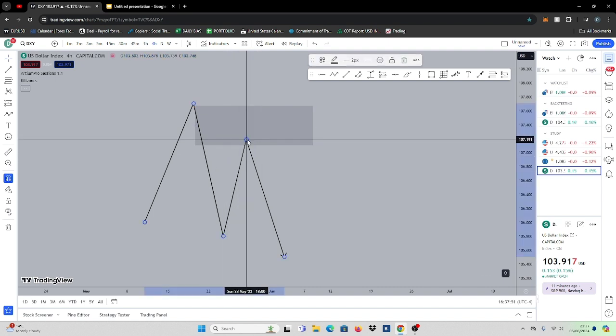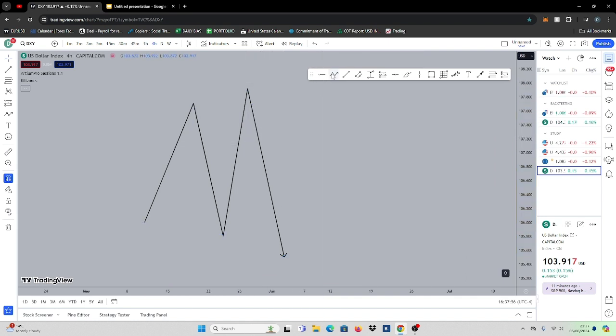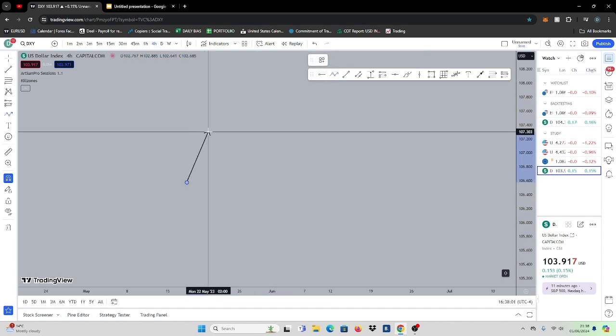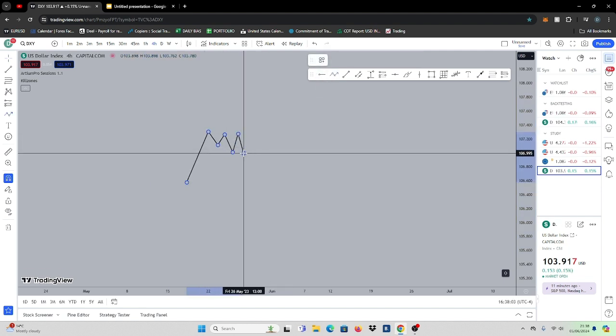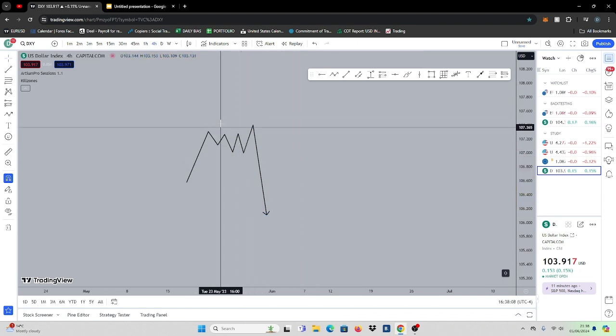Another repeatable pattern is it'll sweep liquidity. Let me show you another repeatable pattern. This one is one that everyone should know. Let's say there is liquidity. Price sweeps it and goes down. This is a pattern that happens again and again and again, isn't it? When there's liquidity, it gets swept and it goes down. That is another repeatable pattern that happens on every time frame.